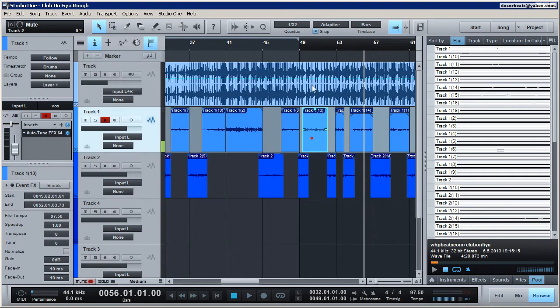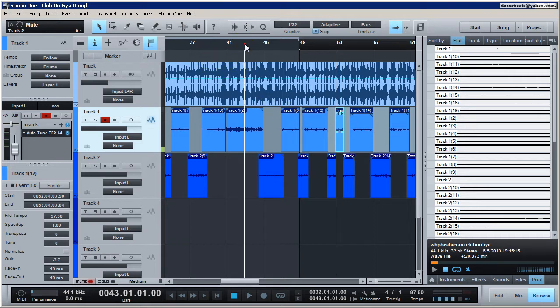And even the tonality between different days is going to sound different, which is one of the main reasons you do not want to have an artist come in and record and then come in a different day and record another part of the same verse, because the tonality of their voice is going to be different. It's going to be a different time of the day. They might have eaten something different that day. They might have smoked some cigarettes that day. Their voice is going to sound different. So, going off subject here, but